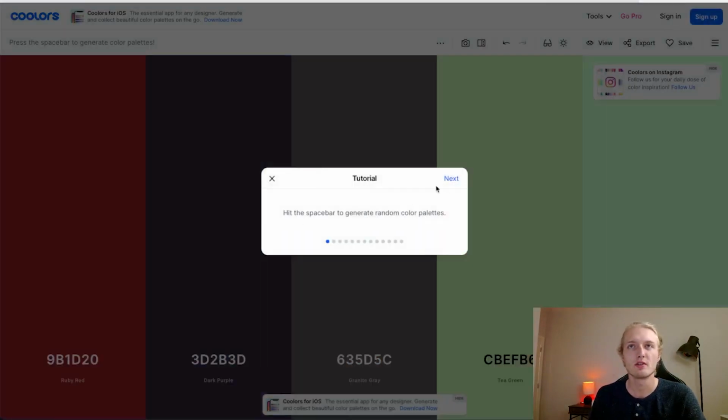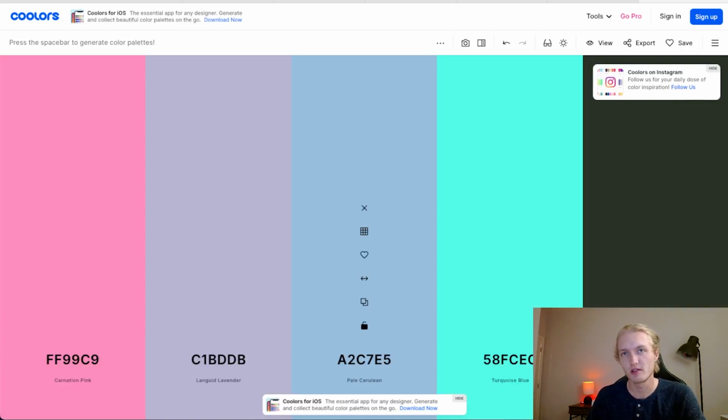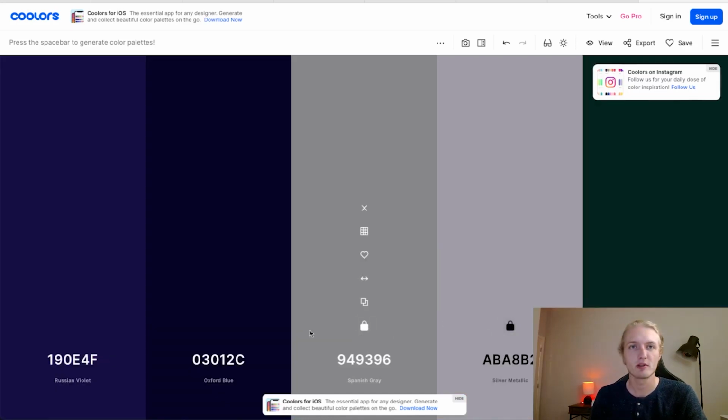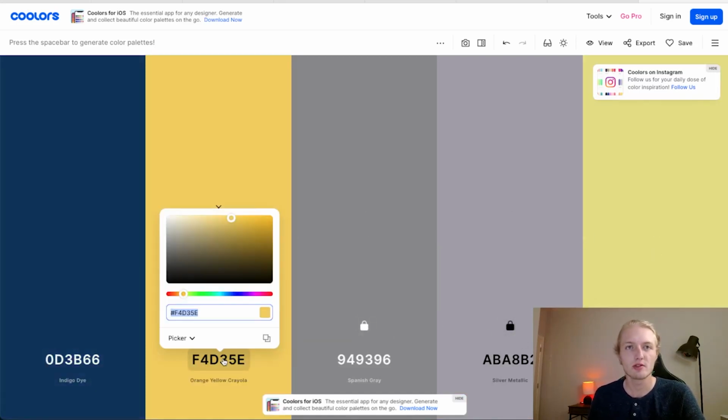Essentially you just want to pick a color palette that goes well together. By hitting the space bar, you can generate different color palettes, and then if you find one you like, you can lock it and then continue pressing space until you find 5 colors that work for you. So I would essentially just be copying these hex codes here,